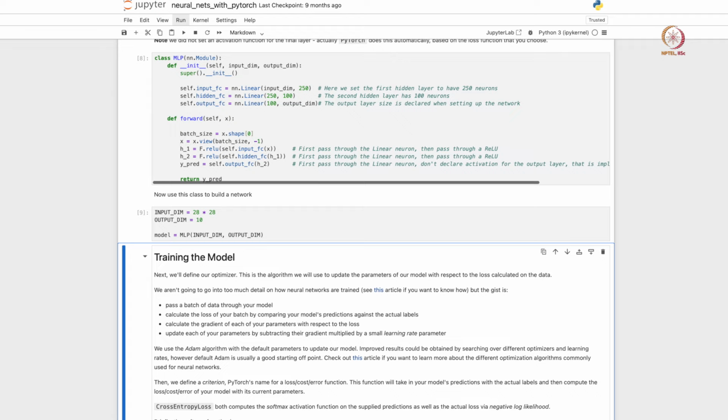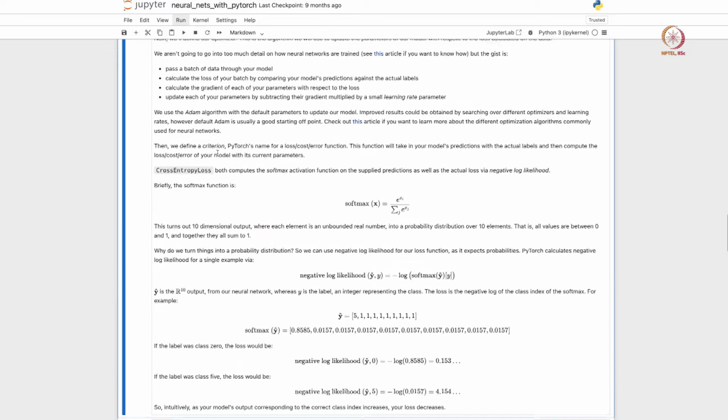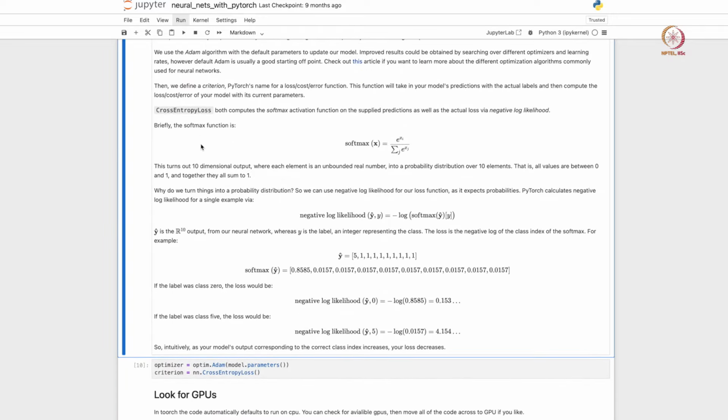So I now have a basic version of my neural network model, right. I still need to declare what kind of loss functions it is going to optimize or reduce, what are the metrics that it is going to track, and basically compile the model. And once I have compiled, I then fit the model, I then use it for making predictions or evaluations, right. So the steps subsequent to declaring the model are still the same, but we still need a few more additional functions here. Now for training the model, once again there is a lot of useful documentation here, so I encourage all of you to go through the documentation and give it a read.